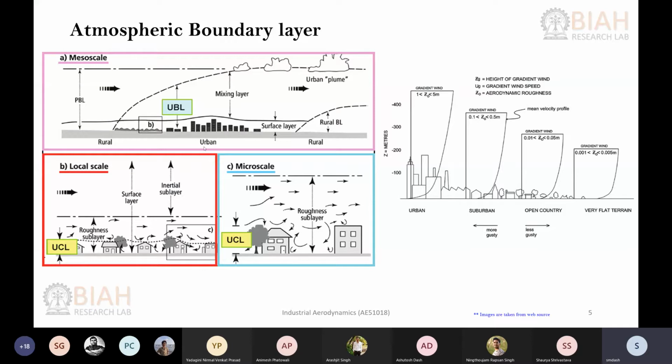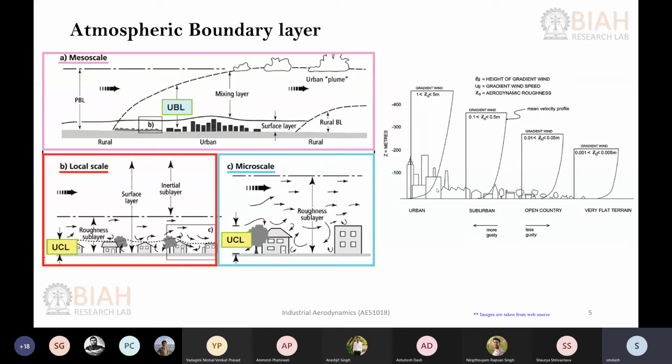Why is this important? Because based on the boundary layer structure, the wind condition will get affected. Mostly the surrounding buildings, the nearby building environment, will be significantly modified by the boundary layer development. That is what we are going to see in the next chapter: how the atmospheric boundary layer gets affected by weather conditions.